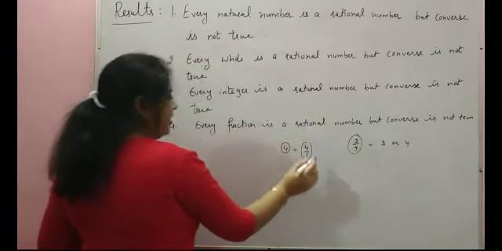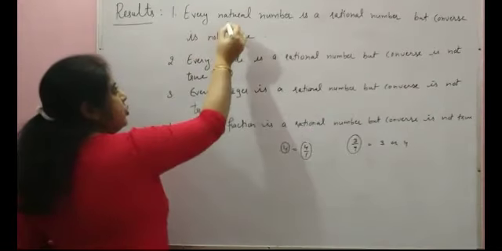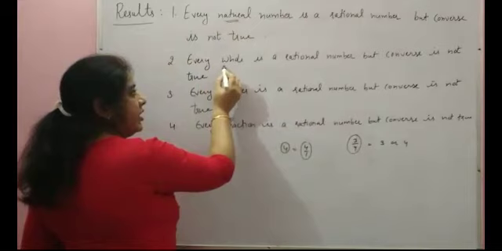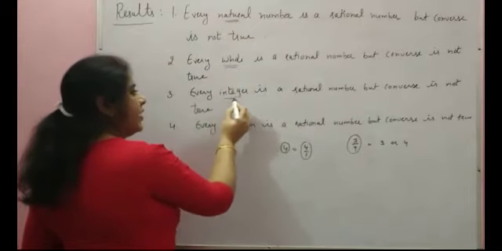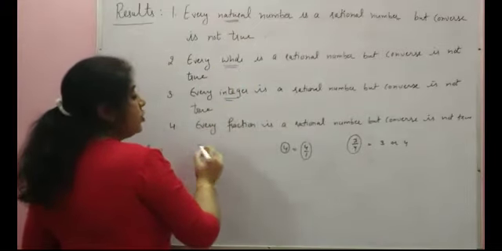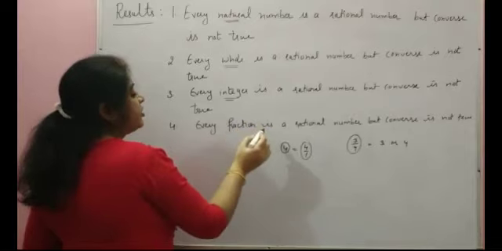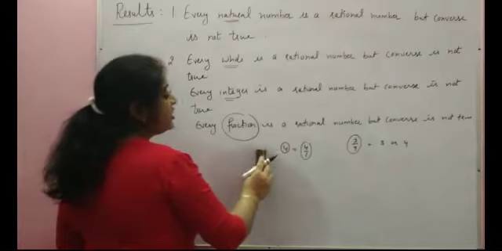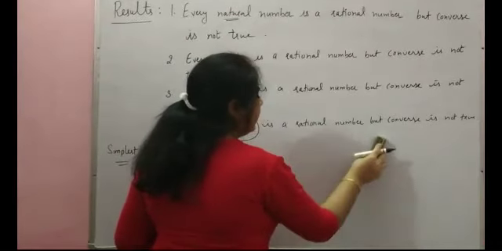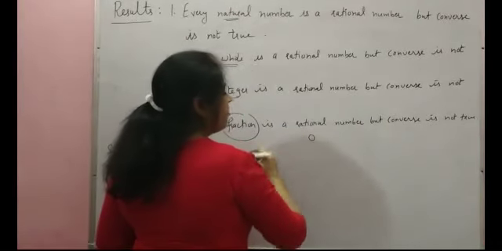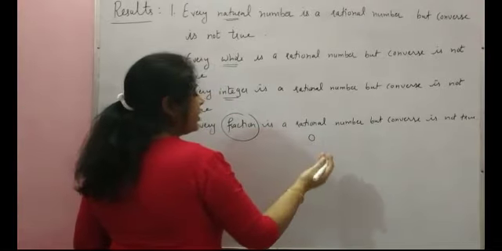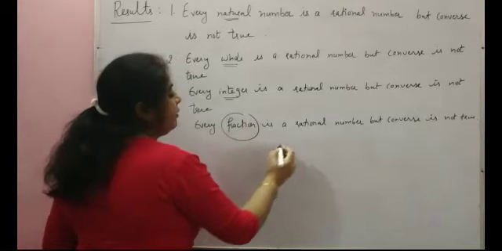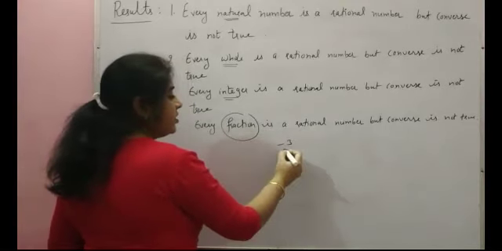So it means every rational number is not a natural number. Every rational number is not a whole number as well as integer. So how is every rational number not a fraction? As we have discussed, fractions are always positive. 0 is also a fraction and the rest of the fractions are always positive. But the rational numbers can be negative and positive both.